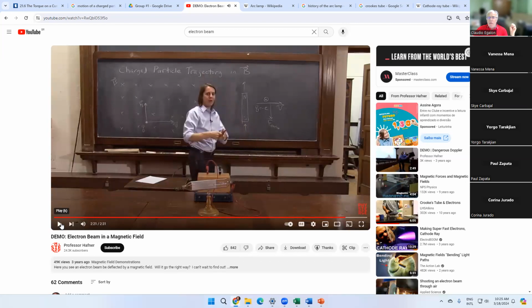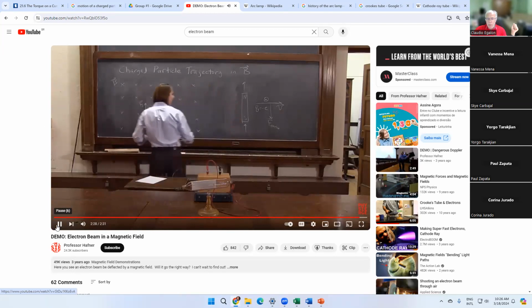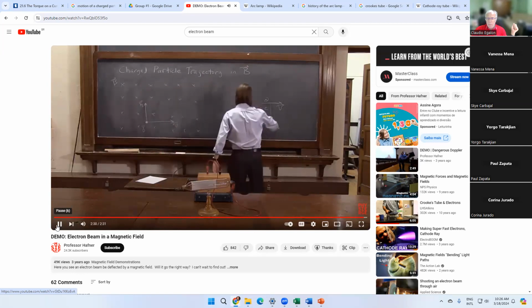Now imagine those guys back in the 1800s doing this experiment for the first time, right? And they were still trying to make sense of the things that we already know today in the 21st century. It was like 150 years ago that they started playing with this device, the Crookes tube. I'm bringing in a field that's pointing away from the beam. So it would seem that the charged particle beam really is deflected in the direction that you would expect.